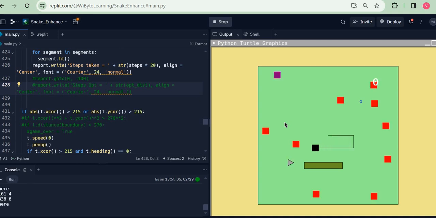Here's my snake head looking for food, but do you notice that one of the foods looks different? One food is purple, and the reason that is so is because I want that to be the next food that is eaten. So for example, now my snake must go and eat the fruit that is purple,